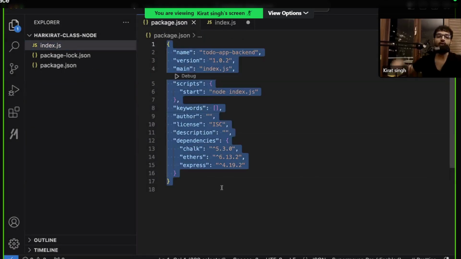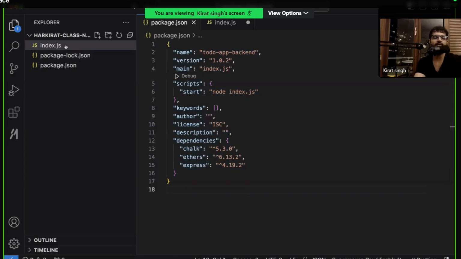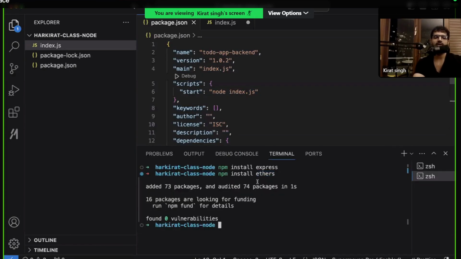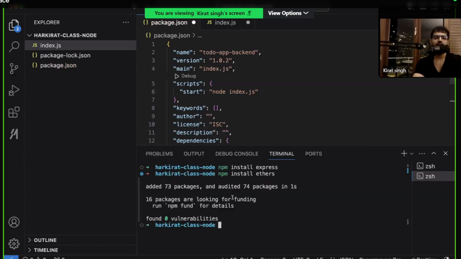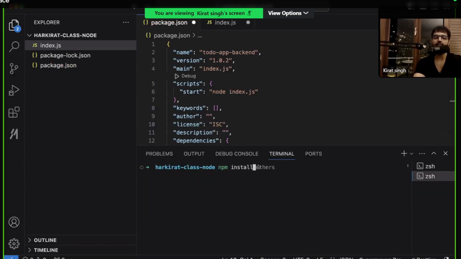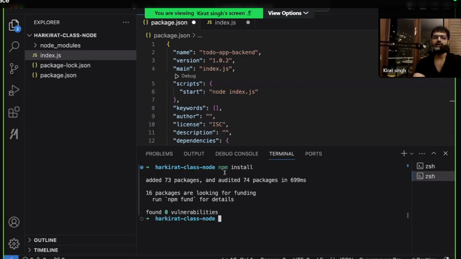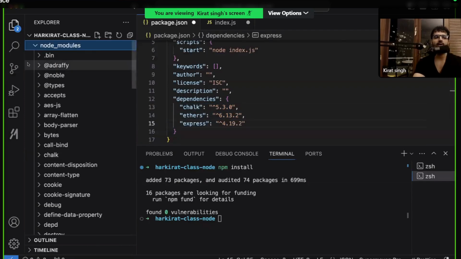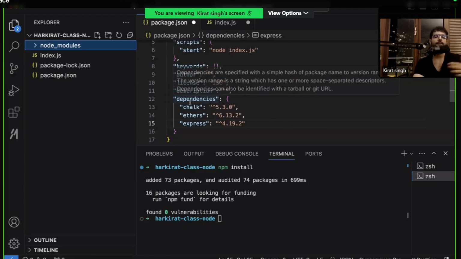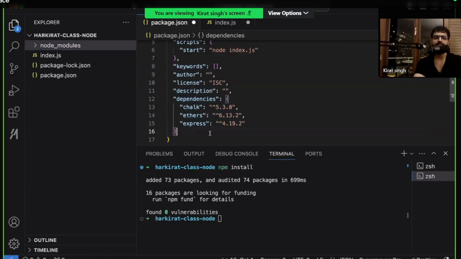Why is that done? So that if you ever get rid of your node modules folder by mistake, or if you're ever pushing your code to GitHub, all you have to push is this. If you want to share this code with a friend, you don't have to give them the heavy folder called node modules. You can simply give them these 3 files. On their machine, if I share this code with you, अगर मैंने ये code आपको दे दिया अभी, then all you have to do is run npm install.